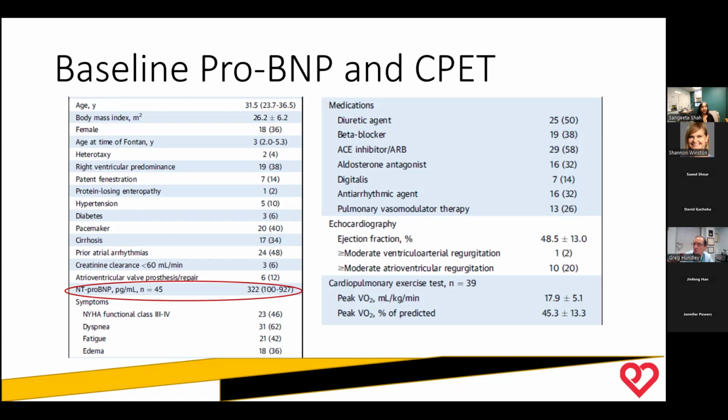Diuretics: we are trying to do what the heart failure team does with these patients, put them on this array of medications to see if we can make them feel better. Average ejection fraction, and I hope I've highlighted this a few times, ejection fraction doesn't mean a lot to me. It does mean something if it's low, but if it's normal, I'm still going to investigate. The amount of valvular regurgitation there is 10% with AV valve regurgitation, either mitral or tricuspid. The average peak VO2 in this population was 18, with a percentage of 45.